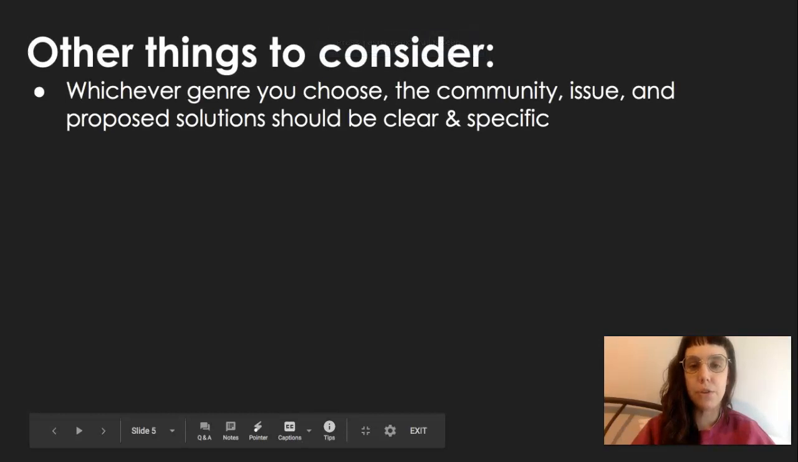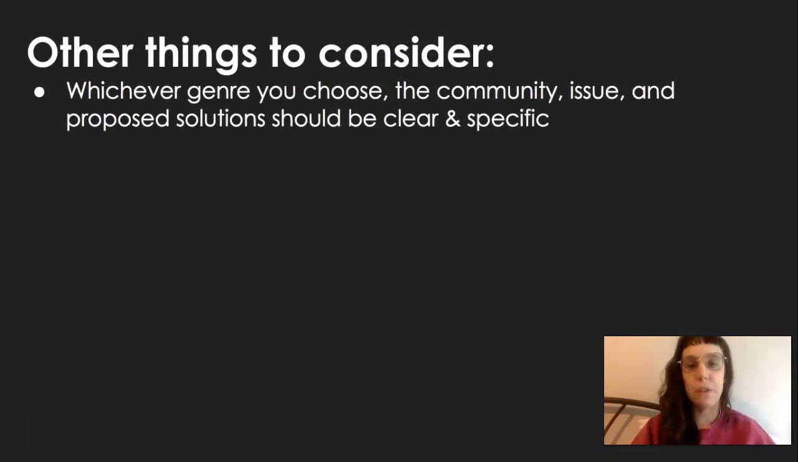Whichever genre you choose, so that's opinion piece or research paper, the community, issue, and proposed solution should be clear and specific. So that's what I'm going to be really looking for when I read your papers: is it obvious which community and issue you're talking about, and do you put forward a proposed solution in your paper? Either in the thesis, if it's a research paper, or eventually towards the end of the opinion piece, do you